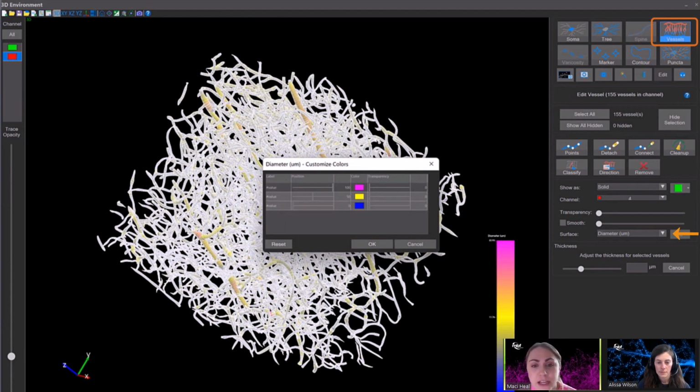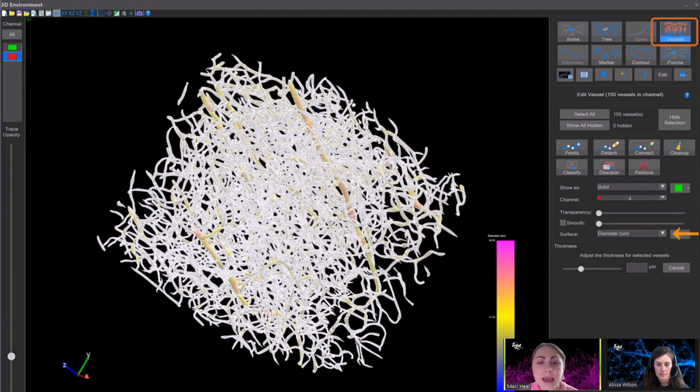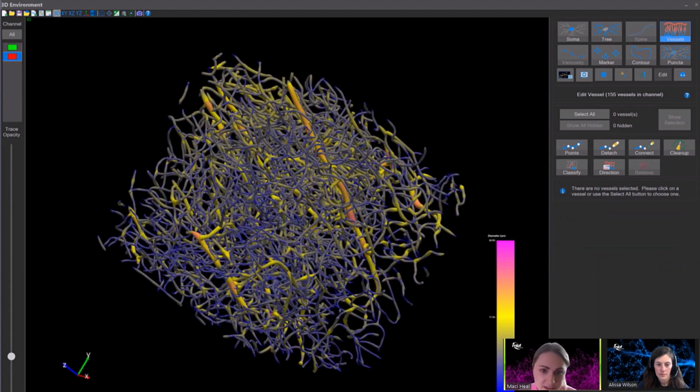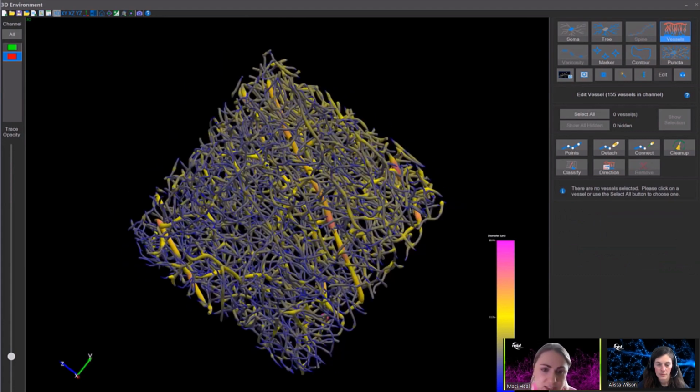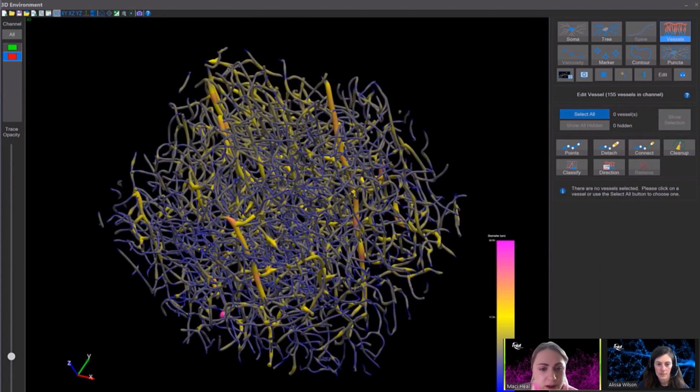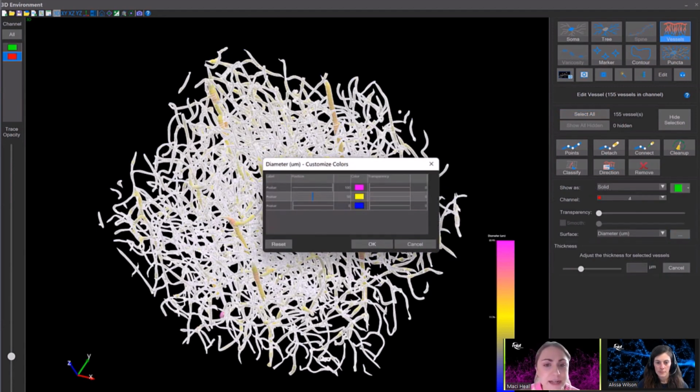So I'm changing the color map that's going to be applied to the whole tracing, where pink will be the largest vessels, blue will be the smallest vessels. And you can see here, it's recolored just the areas around the model surface that are out of a certain diameter. And we can change how that color map is distributed, the way the gradient is, by adjusting the positions here in the customization panel,